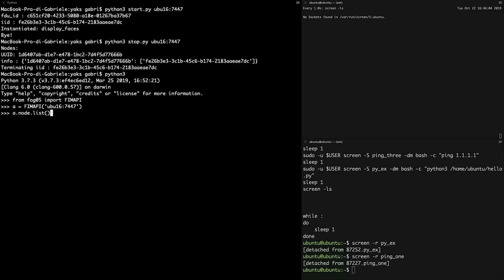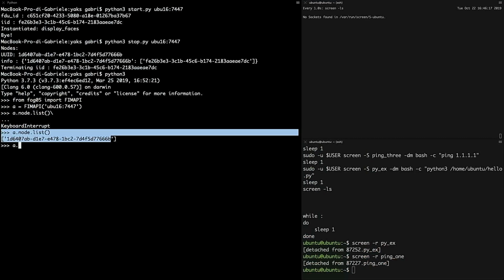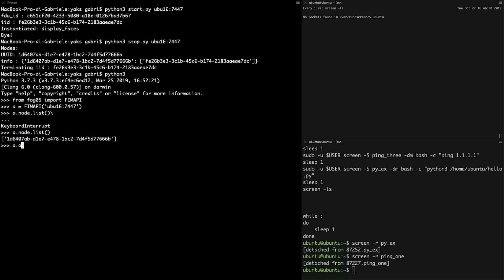Let's see if this thing is working. But for instance, if I take the node ID, which should be something like this, I can get information about the node. Okay, info, and then just print.